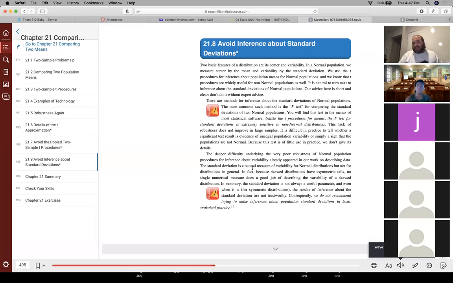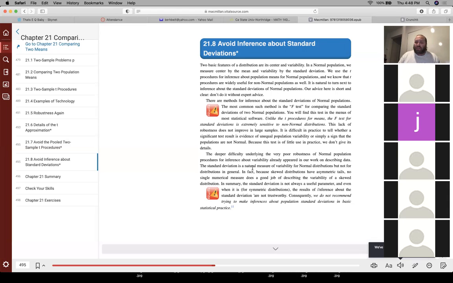And the F test is, first of all, mathematically more complicated, but who cares? We have Crunchit. What do we care how mathematically complicated it is? The problem is that the F test is much less robust than the T test, which means